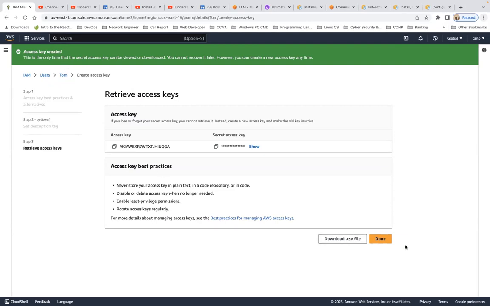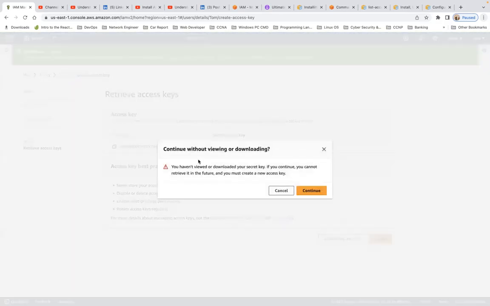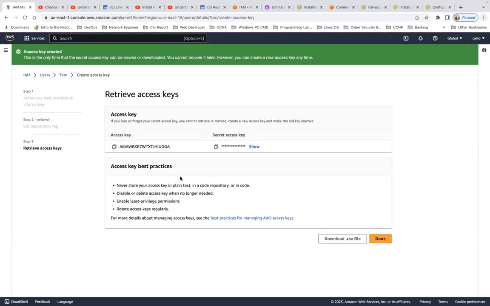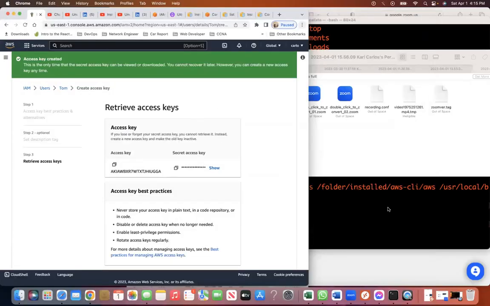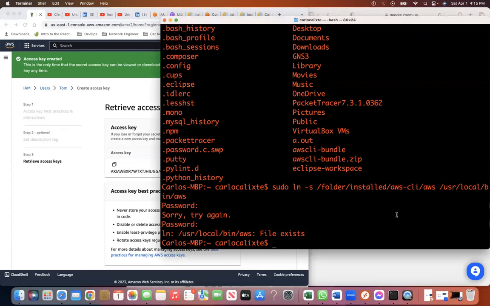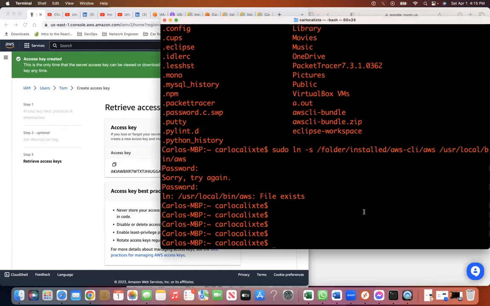So I'm gonna click done, continue. You have it. View or download your access key. If you continue, you cannot retrieve. So I mean to do that just to show you what's gonna happen. So basically what we could do now, let's just shrink this and pull up the CLI command. And so we could do